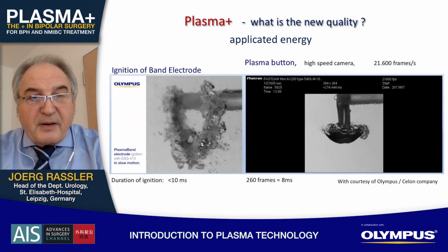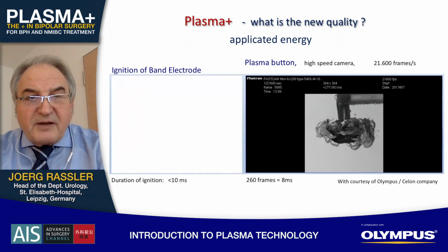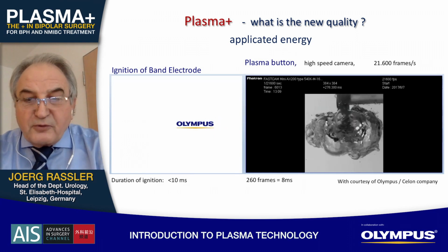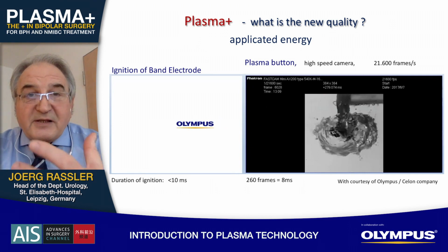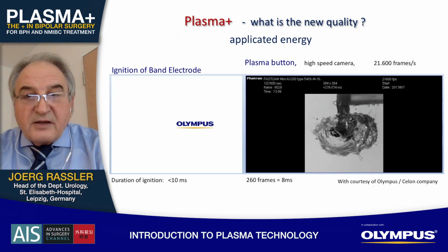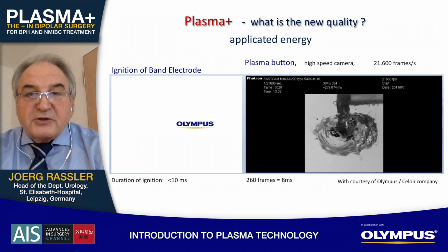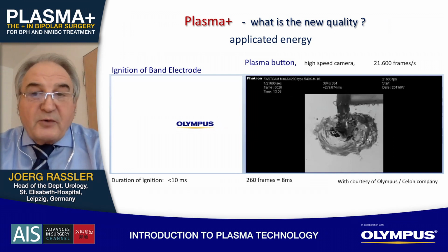Step by step, the bubble fuses, and now we see its pulsation. That would be a colorful video, now the golden shining you can watch. So all this process takes about 100 milliseconds in the normal electrosurgical unit, and in this one here, this whole video takes only 8 milliseconds. It's a very fast process. That's already Plasma Plus. With a new electrosurgical generator, this ignition process takes only one tenth of the old, only 8